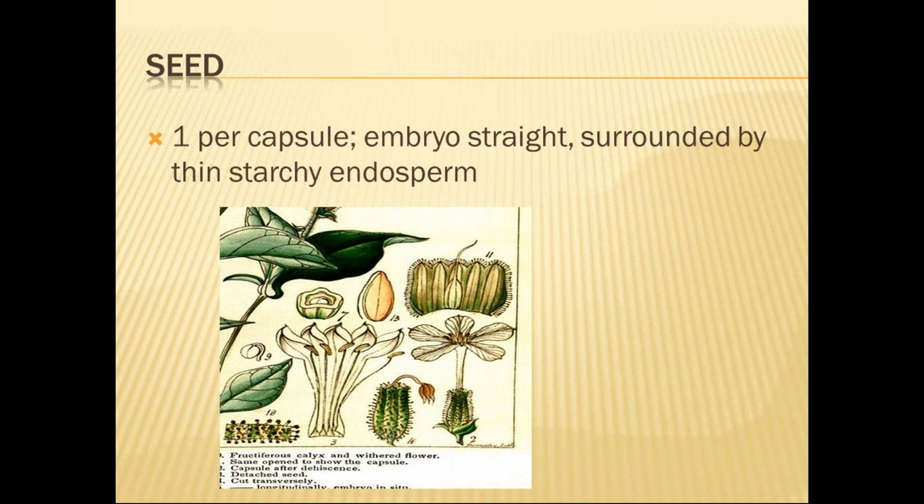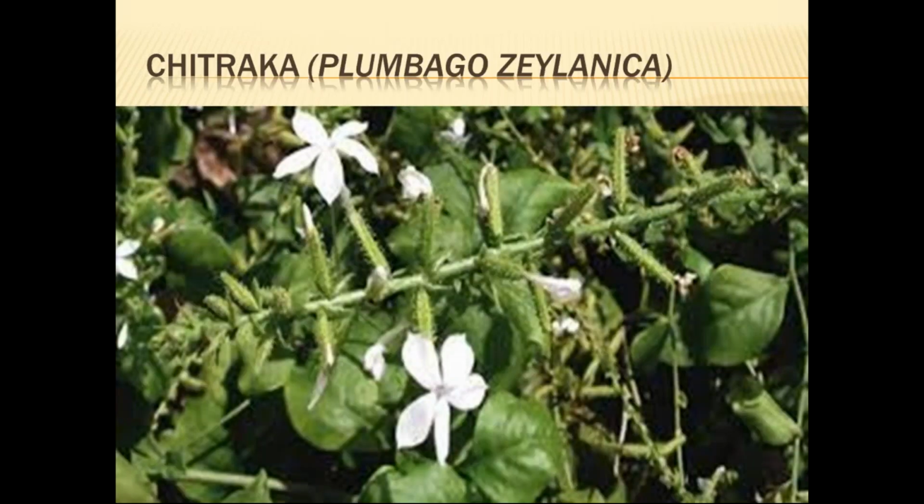Here we see above the androecium and corolla, or below the leaf, the number 7. There is the structure of the seed, how it looks with the starchy endosperm. They are surrounded by the capsule, the fruit is there, and seeds are present. Only one plant is there, as it is a monogeneric family. We use the root of this particular plant, chitrak, that is Plumbago zeylanica. Most of the characters we have gone through on this slide are from Plumbago zeylanica.